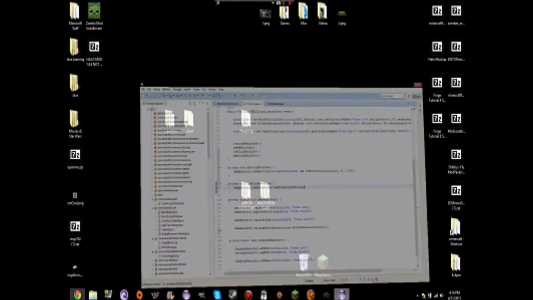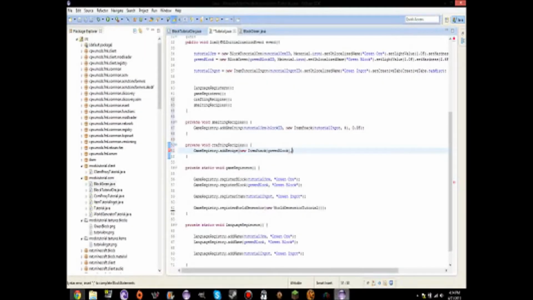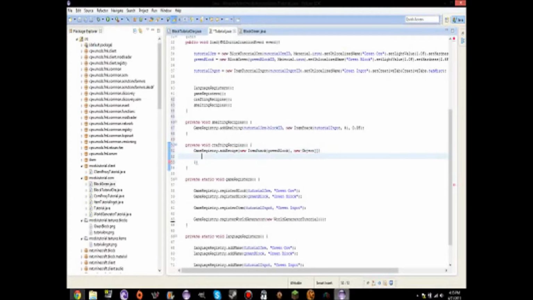Okay, so it's green block, comma, new object, and then brackets, curly brackets as I call them. Hold on, put a semicolon there. So now you want to put 3 pairs of this, comma,